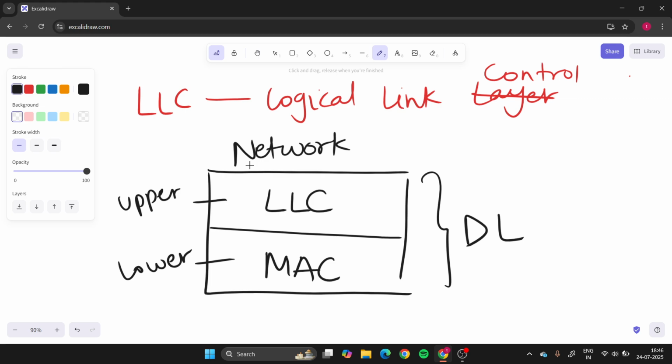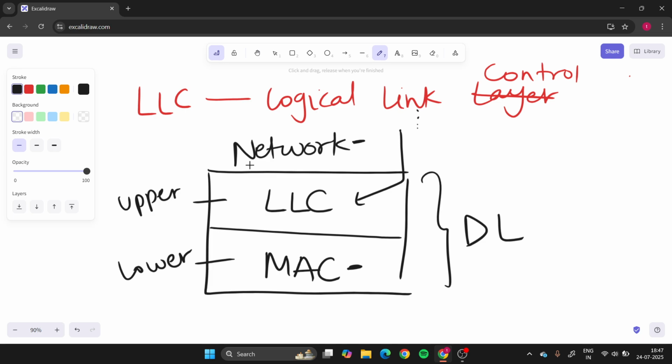Basically the job of this LLC is to bridge the network layer and the MAC layer, which are the most essential bits. We've not talked about the network layer, and we will not do anything about it in this video at least. But MAC addressing, LLC is a sublayer of the data link layer, and it provides a way for the upper layers of the OSI, not just network but the other upper layers of the OSI, to communicate with the data link layer,